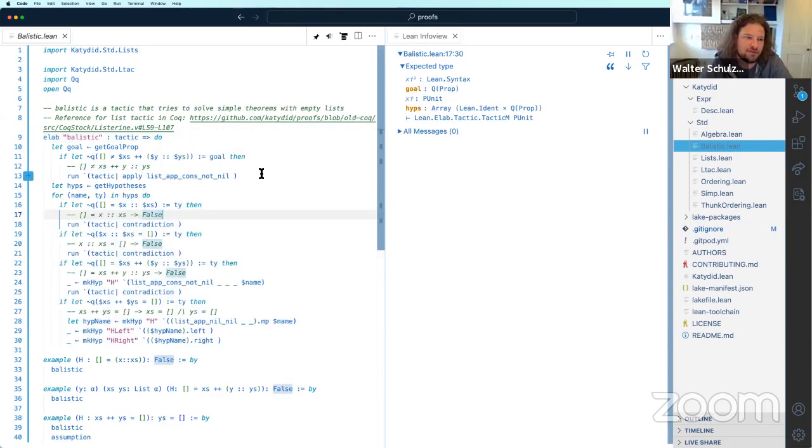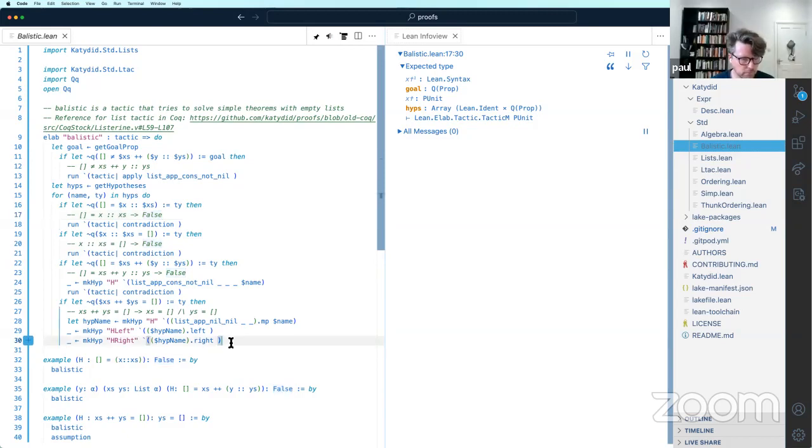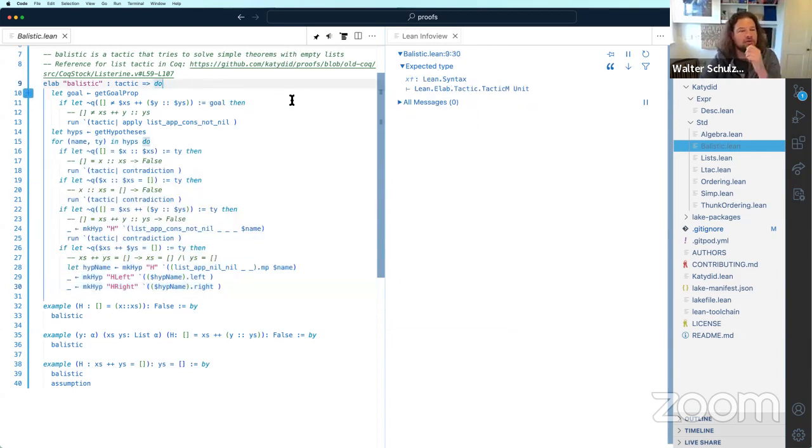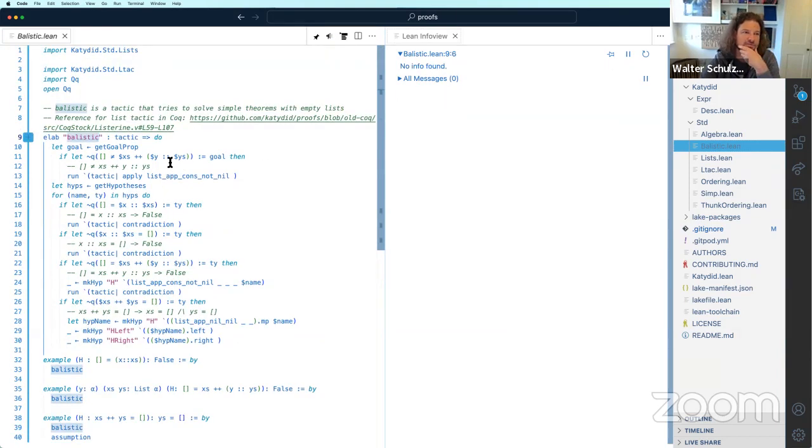So first thing, I think we should split this out into calling something that is just empty, so that we get some separation of concerns here, because the tactic is going to get quite large. So I guess we could just rename this for now to list empty.